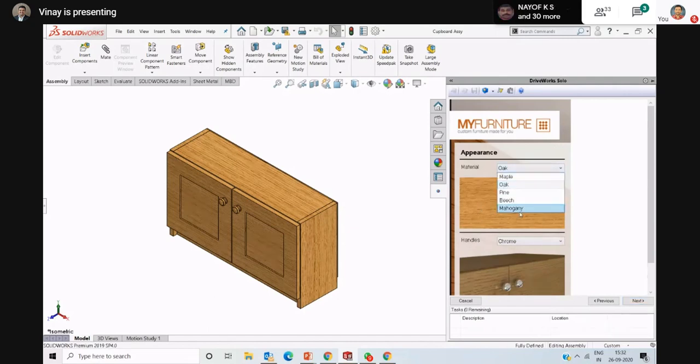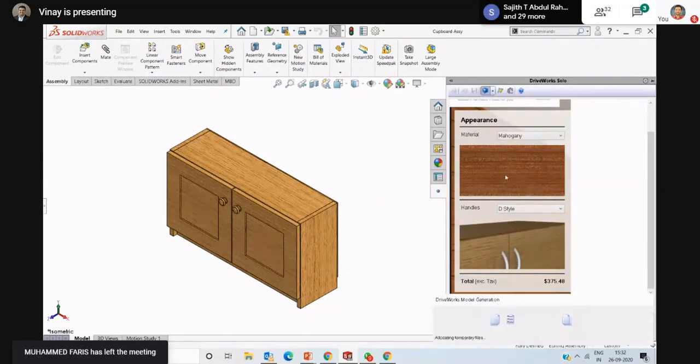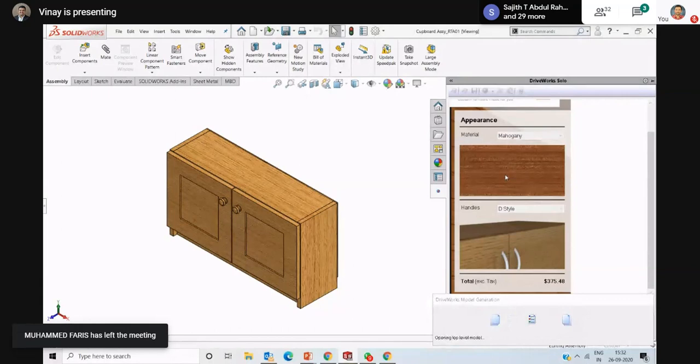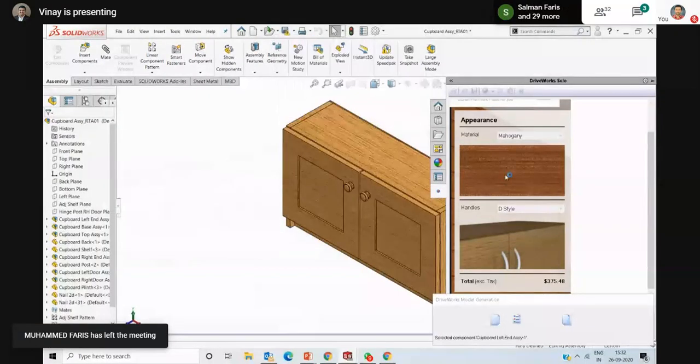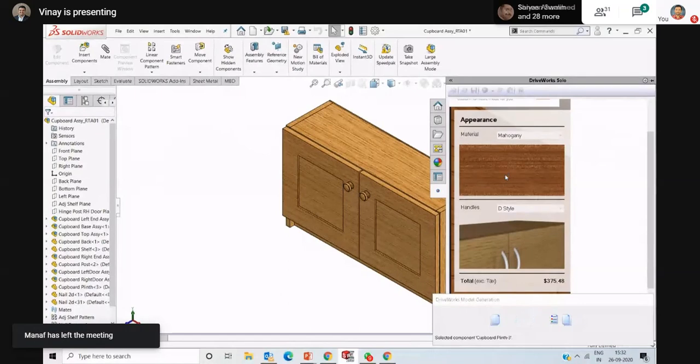Our company has many materials, so I will select mahogany. What handle should I get? I will select the D style handle. Then the customer will ask for a preview, to see the result according to the selections he has made. The software will start redesigning automatically according to the customer requirement.